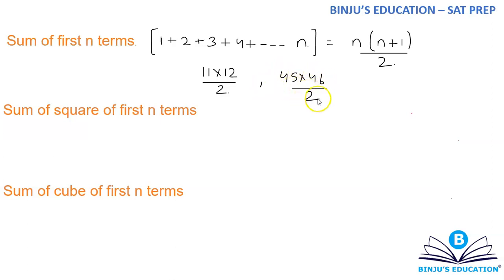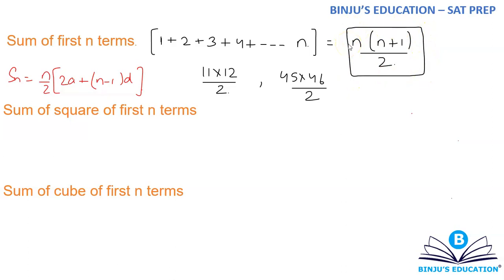Just remember this formula. This formula is basically derived with the help of the formula that we used in arithmetic progression, that sum is equal to n by 2 into 2a plus n minus 1 into d. Okay, so anyway, just remember this formula as of now. That is all that you need to know, nothing else.